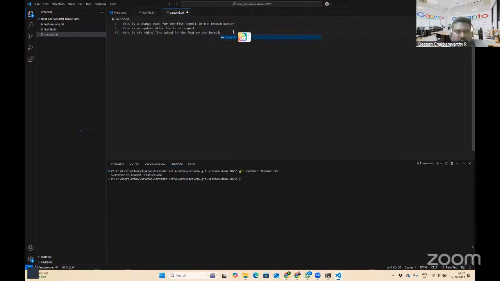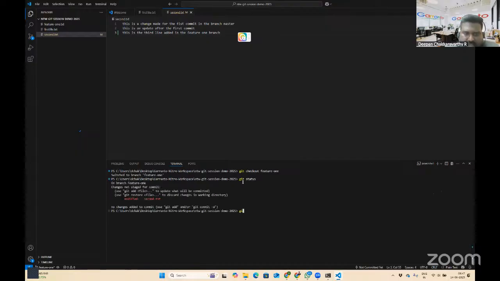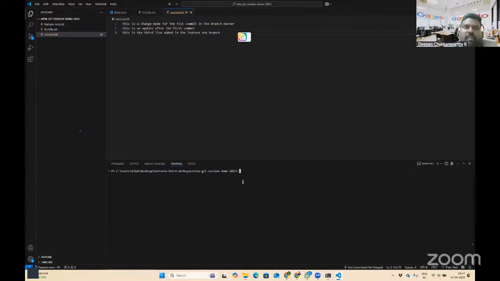Right, feature one branch. I'll say git status, I'll commit it. I'll say git add. This time I'm committing in feature one, right?